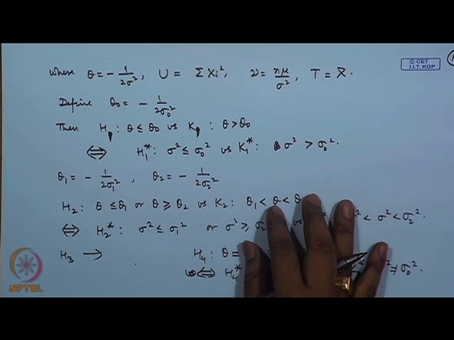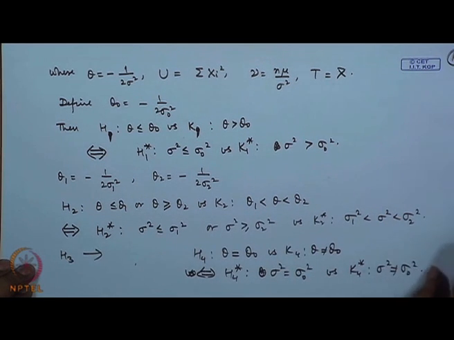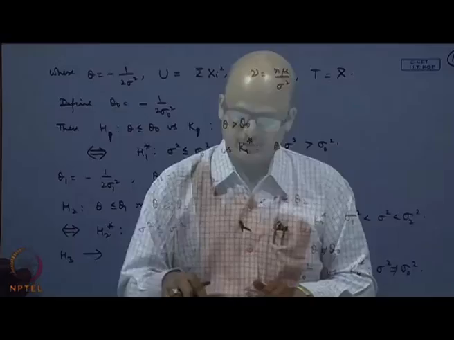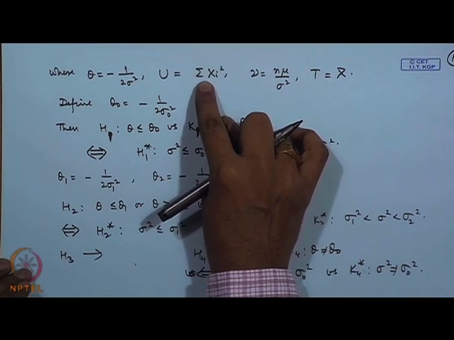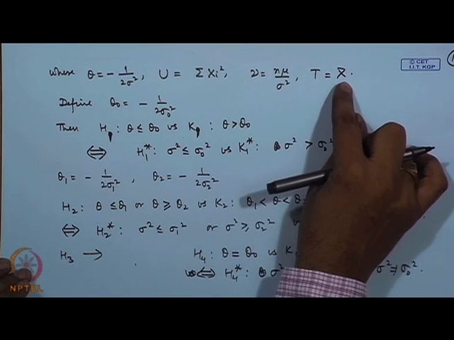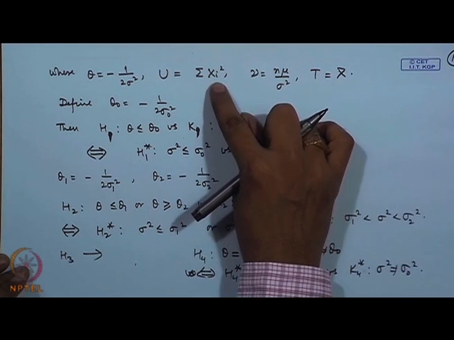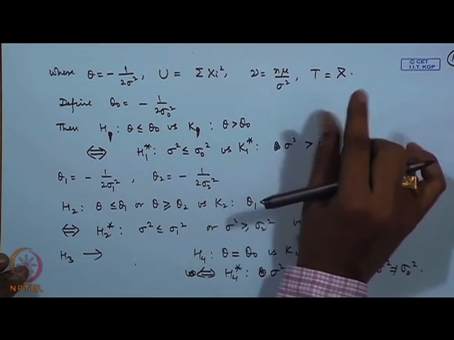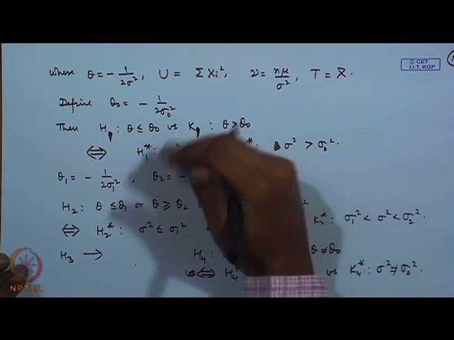Now, let me write down the test here by using theorem 2 that I gave yesterday, where the test was conditional on u given t. Now, what is u given t here? It will be sigma x_i square given x bar. That means the test will be a conditional test on sigma x_i square given x bar. As I mentioned in the beginning of this lecture, this is a slightly complicated problem. What we need to do is to apply theorem 3 that I gave today.